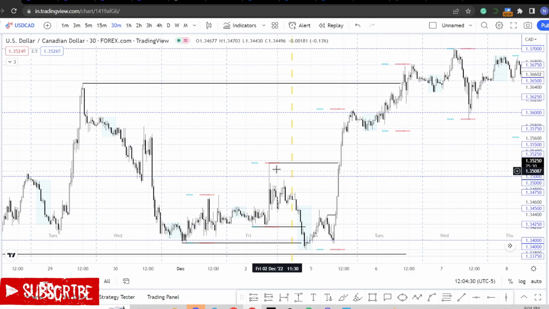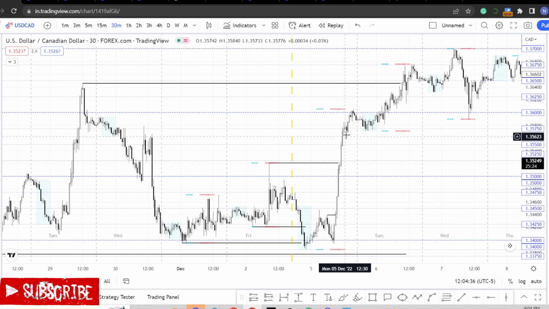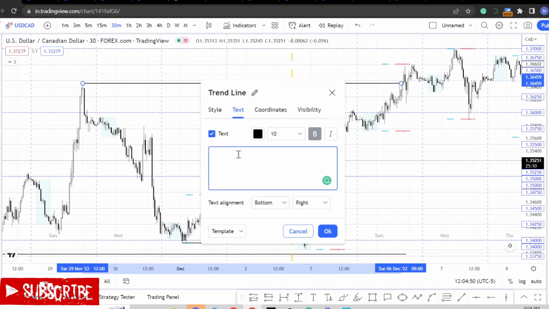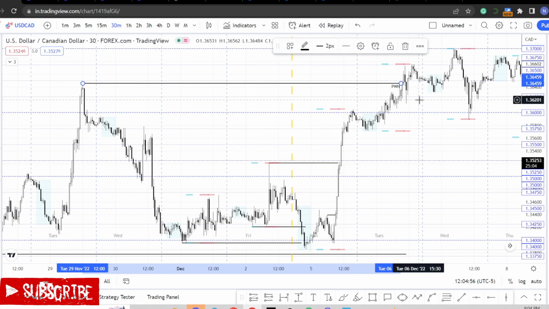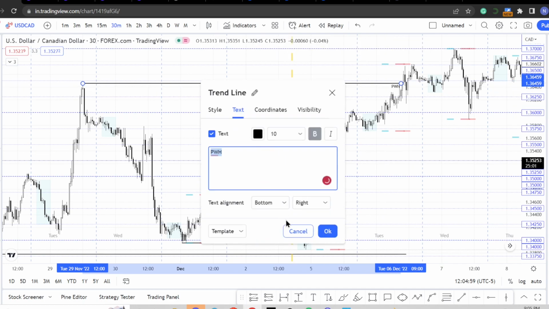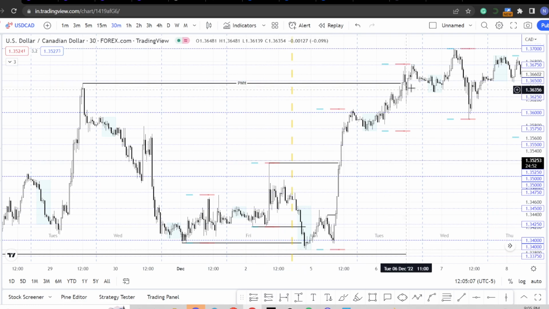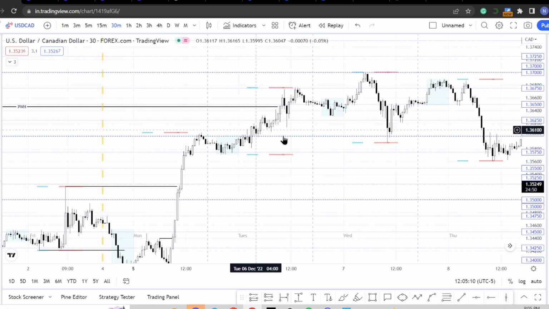So Friday's high has been triggered, right? Bias has been triggered into the market, then it moved higher. On the next day, which is Tuesday, we have a little pullback and a continuation to the high, which later on broke the previous week. Let's say the previous week's high has been triggered into the market. So we expect a reversal.